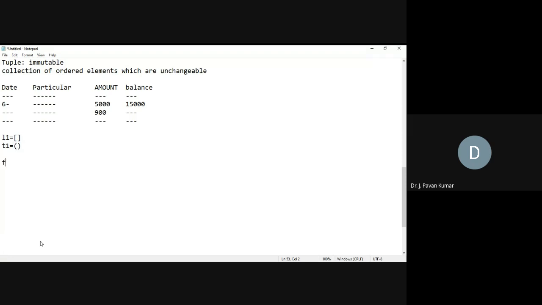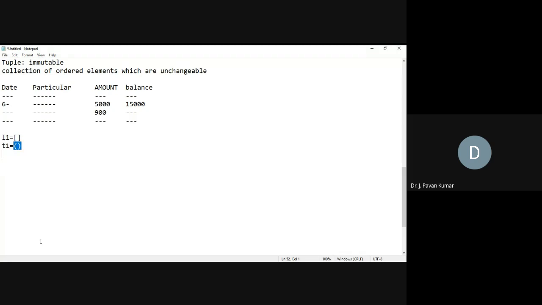Suppose f is followed by parenthesis, then f is considered a function. Suppose t is followed by parenthesis, then t is a function. Suppose len is followed by parenthesis, then len is a function. Got it? So this parenthesis is different from that.